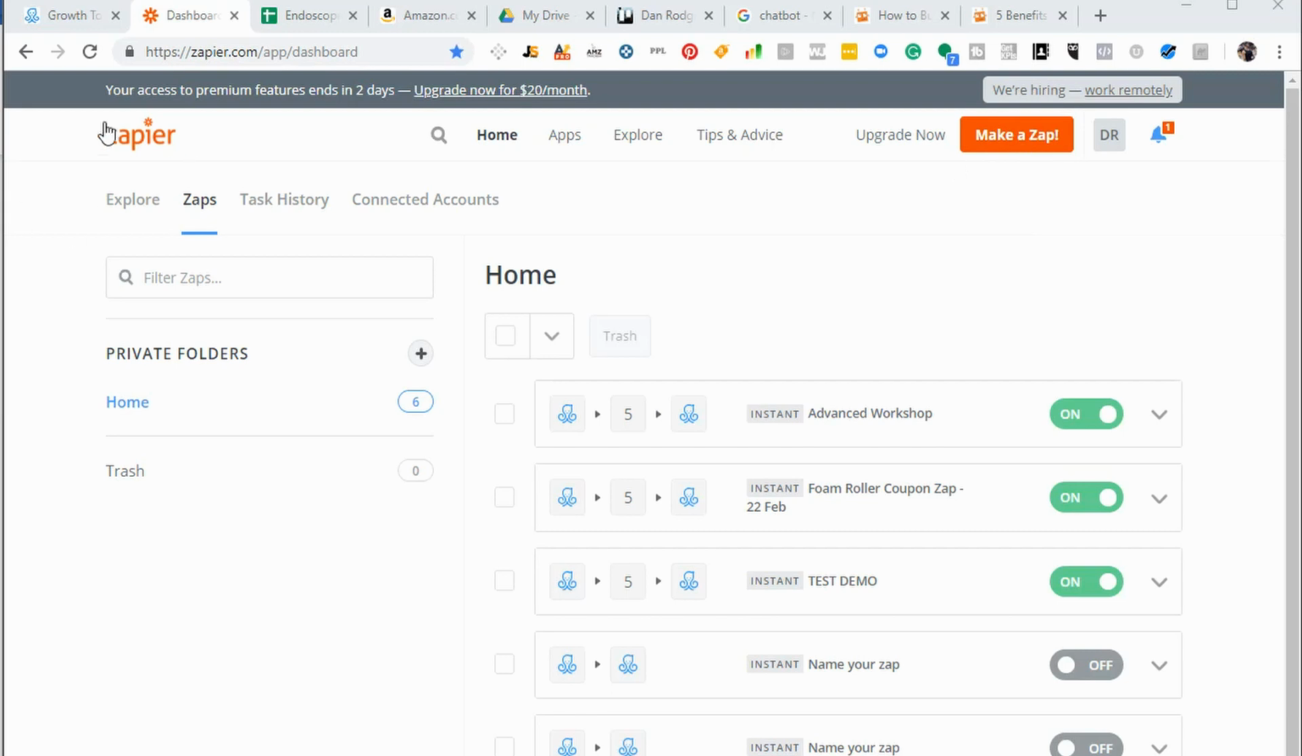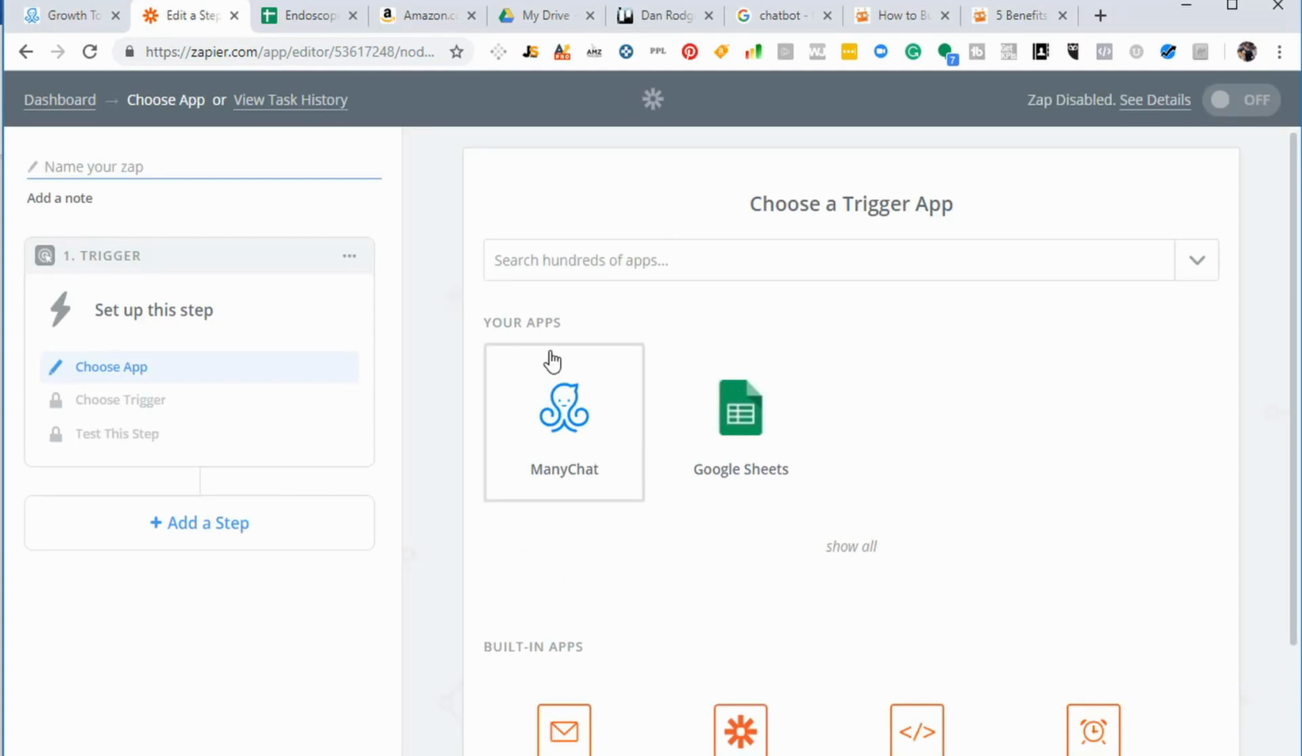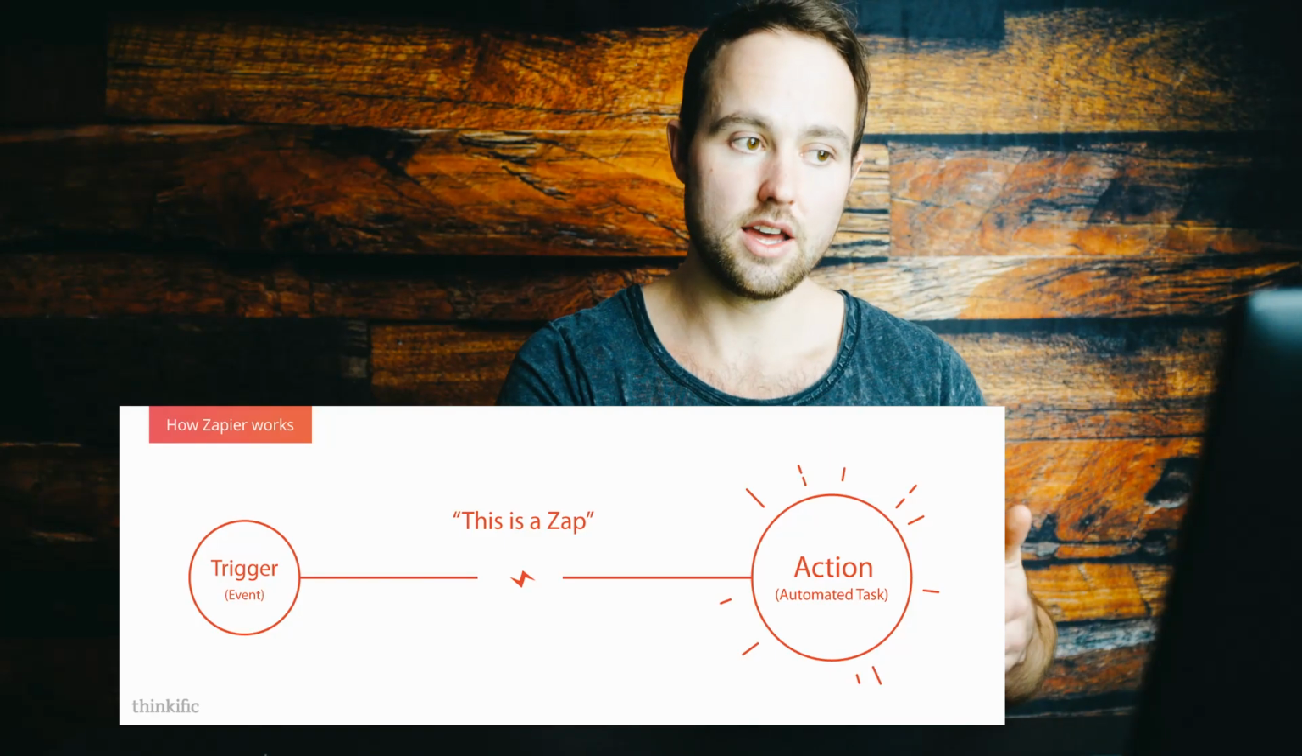Okay, so once you've signed up on Zapier.com, make a zap. Okay, and now we're in Zapier and we're starting the process of creating our first zap. Now we're asking it to take an action, and in order for us to ask it to take an action, we need to explain what that trigger is. What is the trigger in order for this